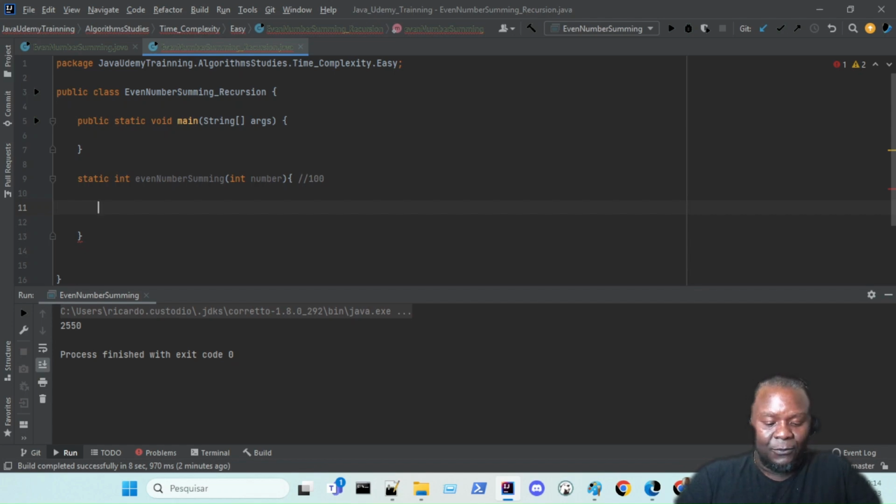So what we have to do right here, let's put it here, this structure. Let's validate, for example, the stop, right? We need to first validate the stop: when the loop is going to stop, when the number is equal to 0. If the number is equal to 0, it will return 0, right? Okay, or